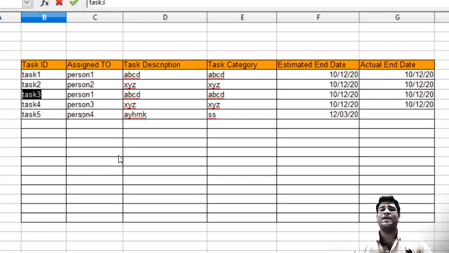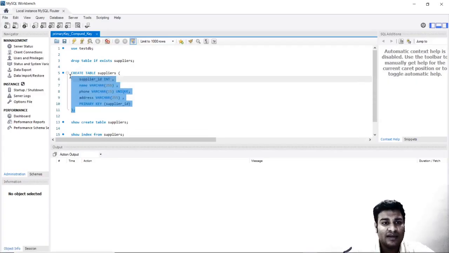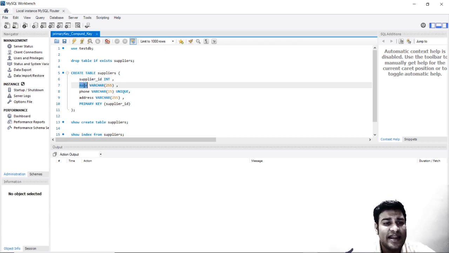Now let's go ahead and see how exactly this works in the practical world. For a supplier, we have marked up an ID. You can see over here that we have marked up an ID for the supplier, and we say that whenever this supplier comes in, this particular ID represents the name, phone number, address, and everything.